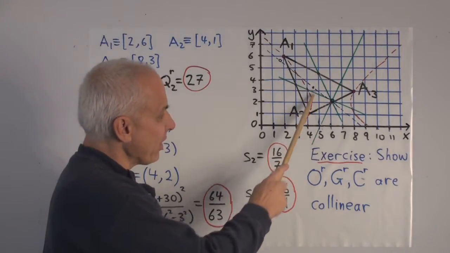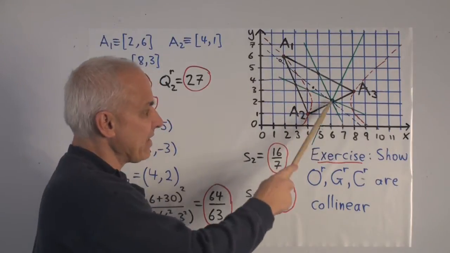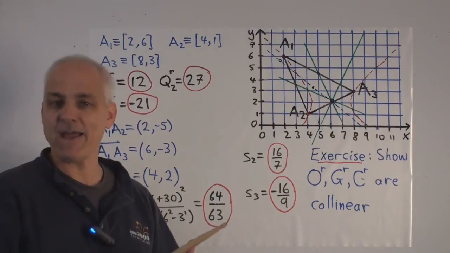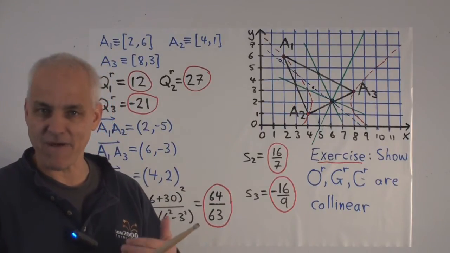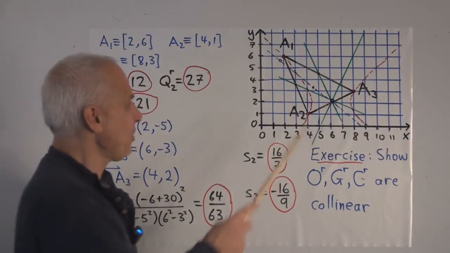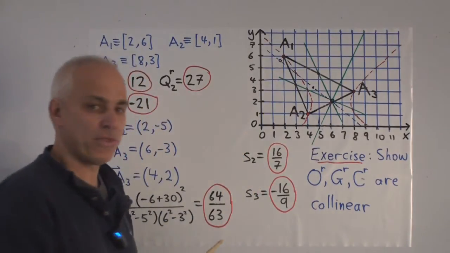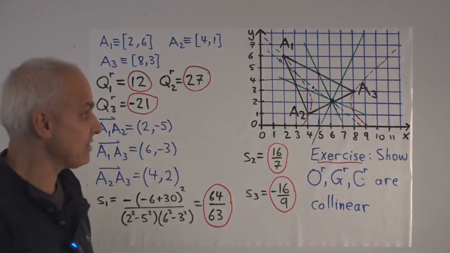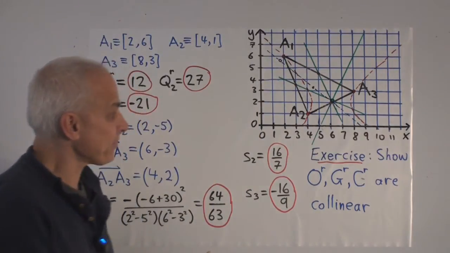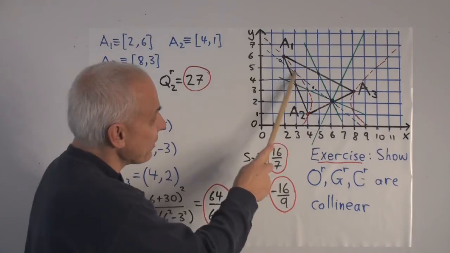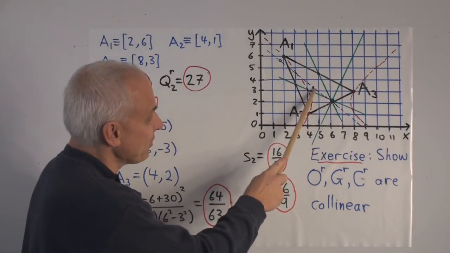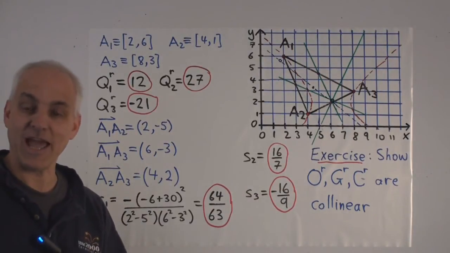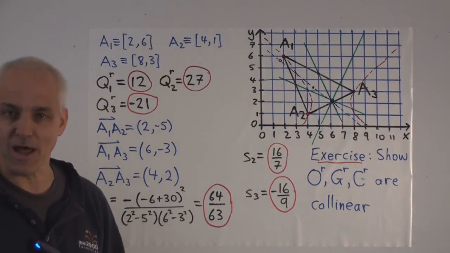The centroid of the triangle, the intersection of the medians, is exactly the same as before, because a median and a midpoint are independent of metrical issues. That's an affine notion. I'll leave it to you as another exercise to show that the orthocenter, the intersection of the altitudes, actually exists. The three altitudes meet at a point somewhere up there. And you can try to convince yourself that those 3 points, the circumcenter, the centroid, and the orthocenter, are all collinear, just as they are in blue geometry, forming the Euler line.